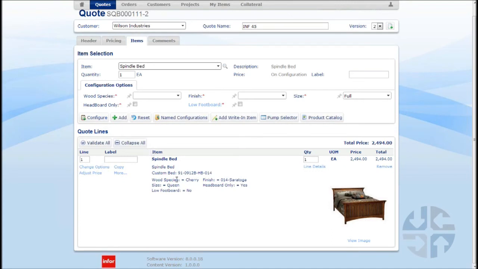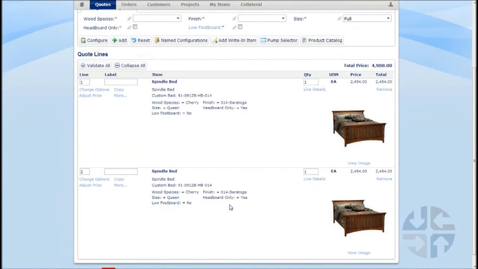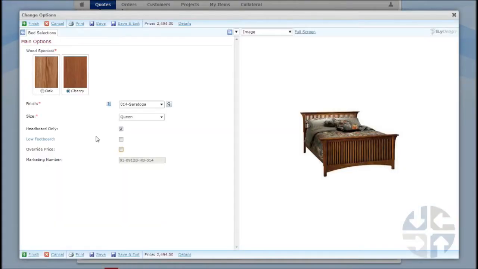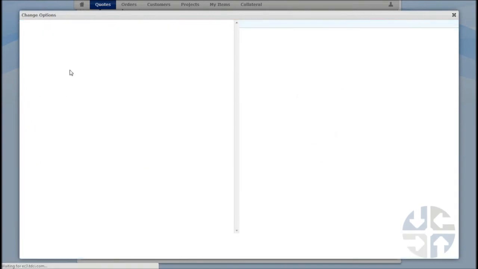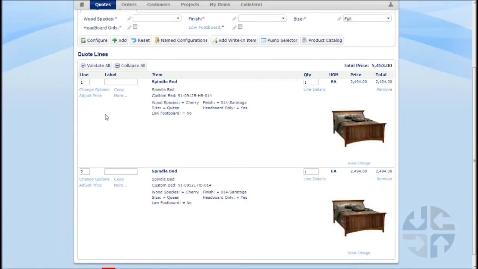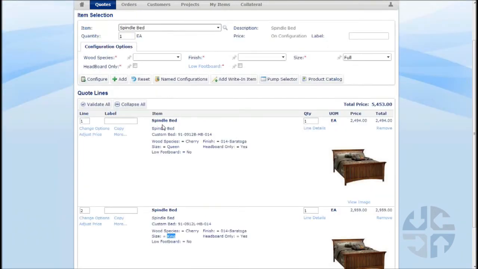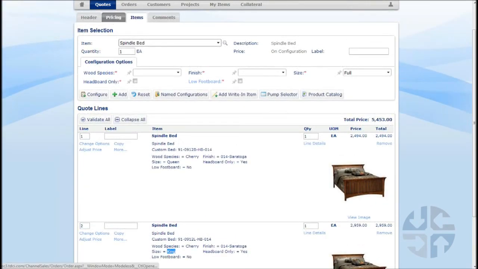Maybe what we want to do in this example is they might be interested in 2 different products, but just slightly different. So I'll use the copy button to make an exact duplicate, and then again I'll use the change to go through and maybe change something again. Maybe we'll change the size. And so now I can see that I have different prices for each of these based on the configuration options. Well, if I go into the pricing tab